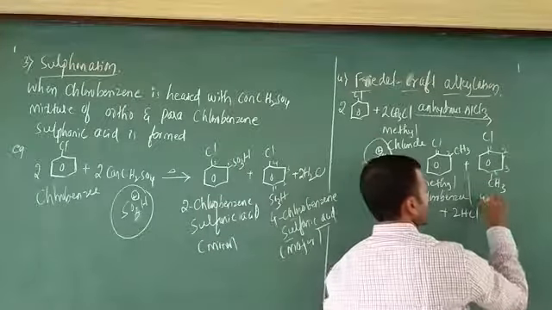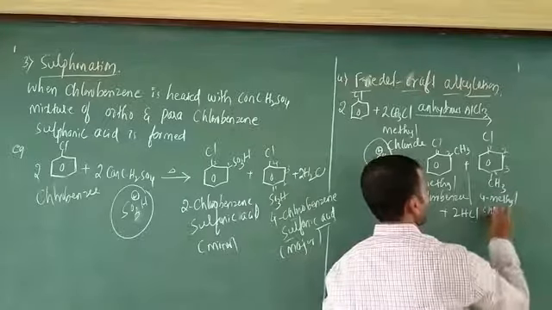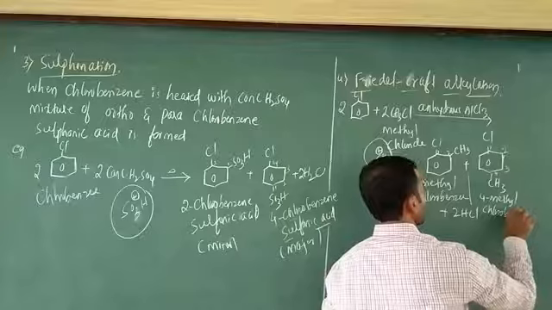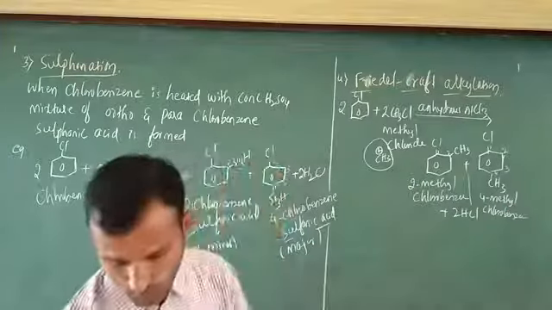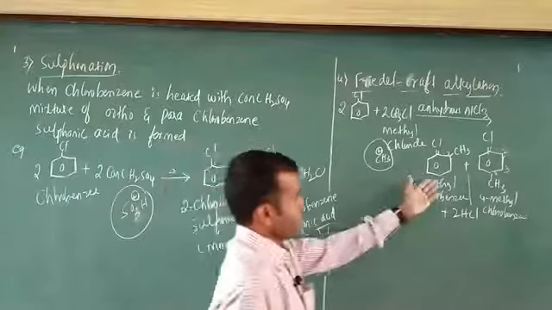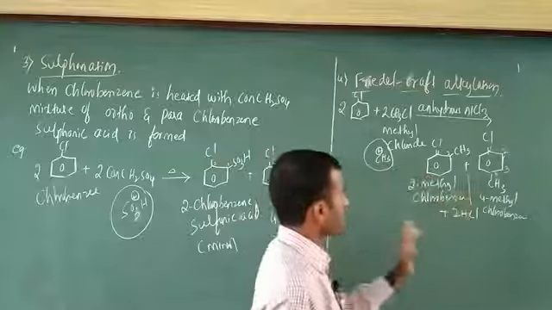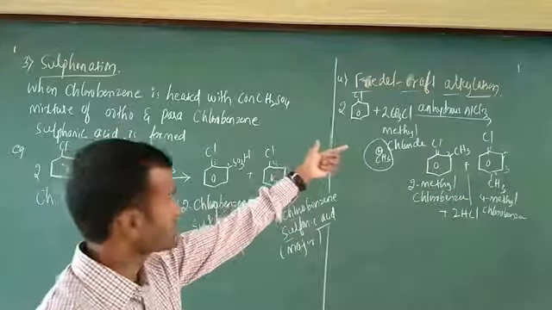In this case it is 4-methyl chlorobenzene. 4-methyl chlorobenzene is the IUPAC nomenclature. Okay, no problem. If you want, you can change the name also; you can write the common name, no problem. This indicates IUPAC nomenclature. This indicates Friedel-Crafts alkylation. If you want, you can write an explanation also.